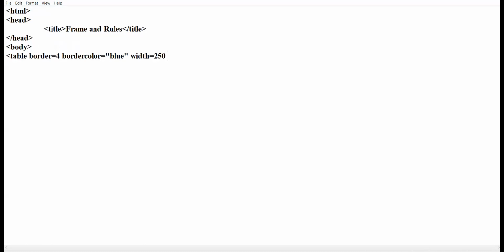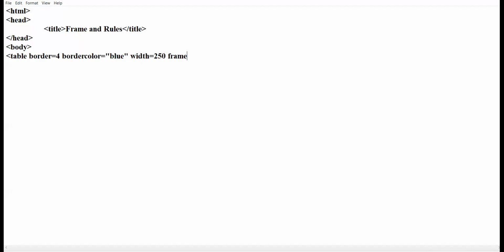Today we are going to study the new attribute of the table tag that is called frame. What is the role of the frame attribute? The frame attribute is used to make the settings for the external border of the table.